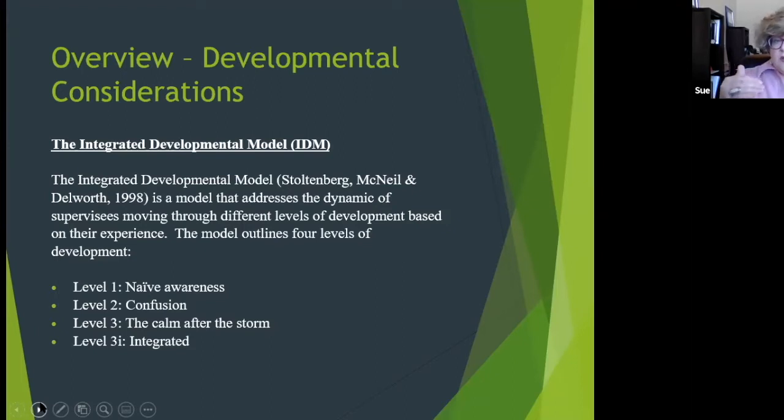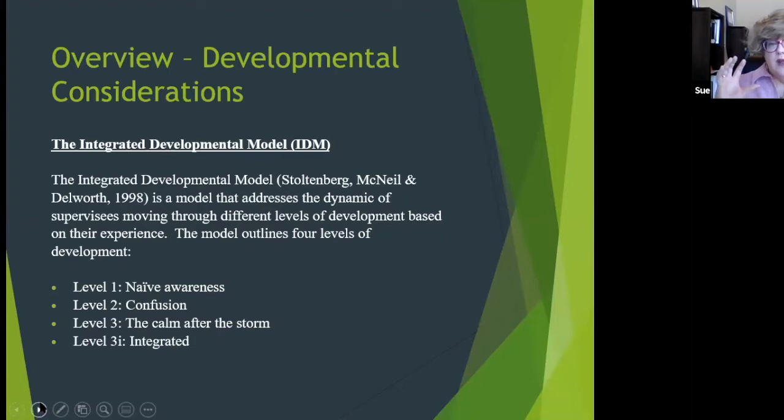Your booklet does go into those two models particularly, because they're the ones that I tend to use, and I find them helpful, and they're user-friendly. So I wanted to, at least for those of you who may not have had a whole lot of training in supervision, give you some additional information about at least those two models to give you a little bit of grounding. So for the IDM, very much like I have been talking about,